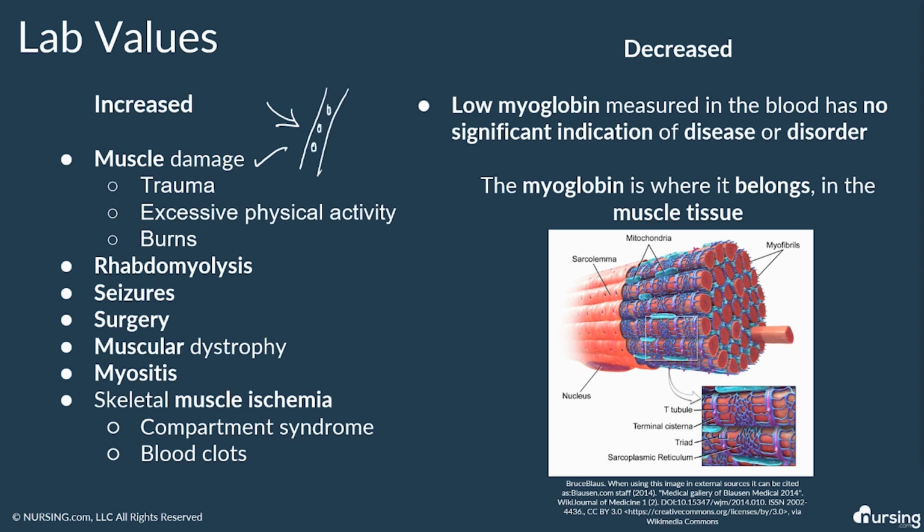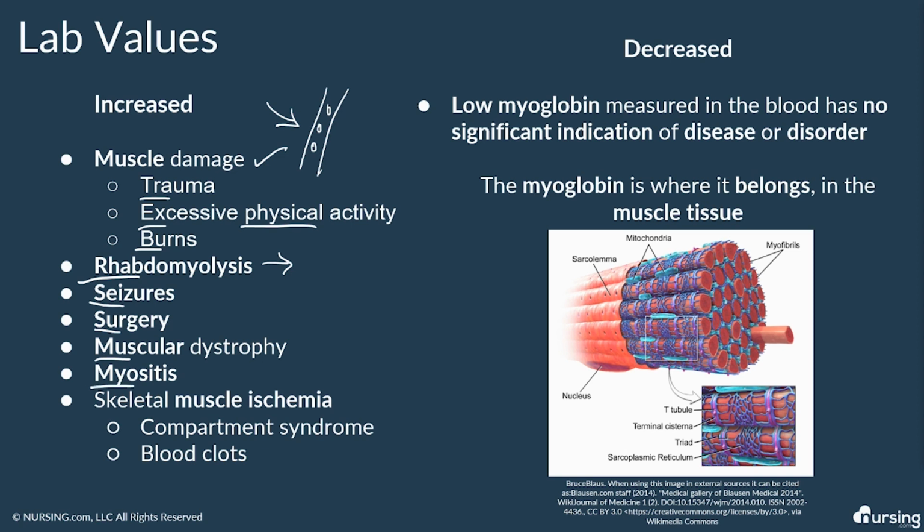Now, it could be from trauma, excessive physical activity to the point where someone gets injured, or in burns. We talked a little bit about rhabdo. That's really scary muscle lysis, right? And so, of course, the myoglobin is going to leak out into the vasculature. It can also be seen in seizures, post-surgery, and in conditions or diseases like muscular dystrophy or inflammatory states like